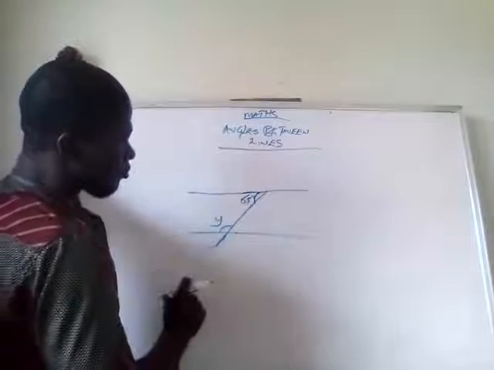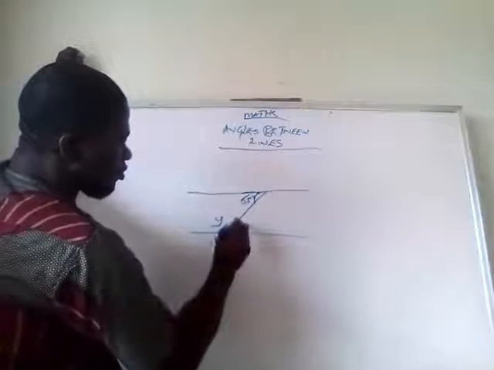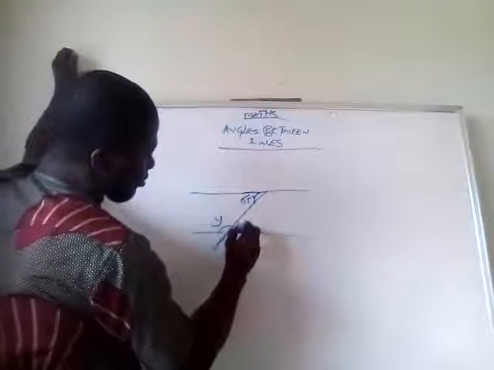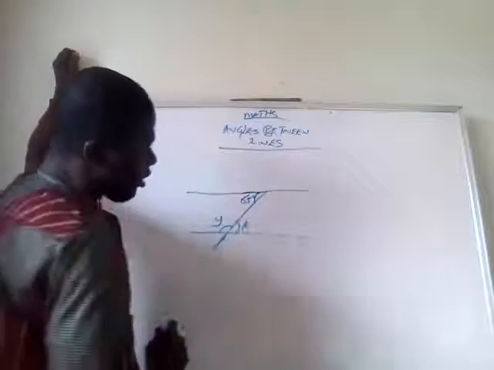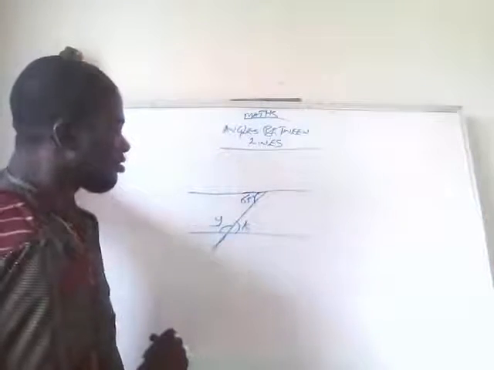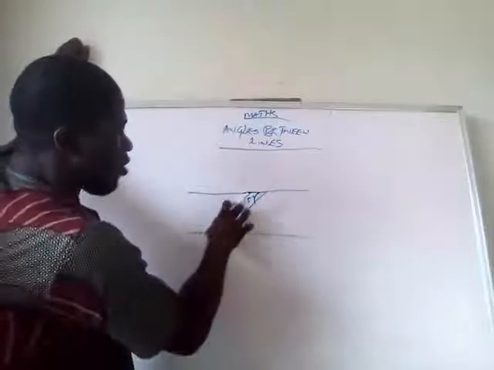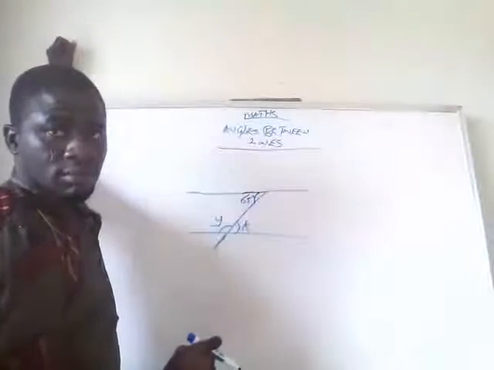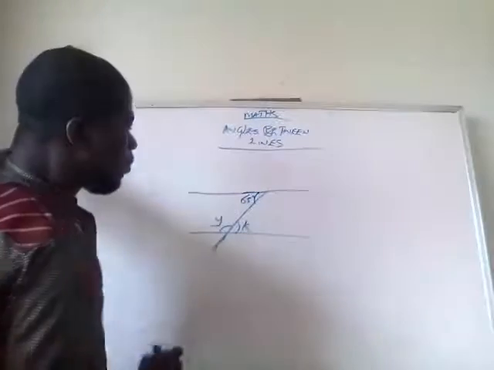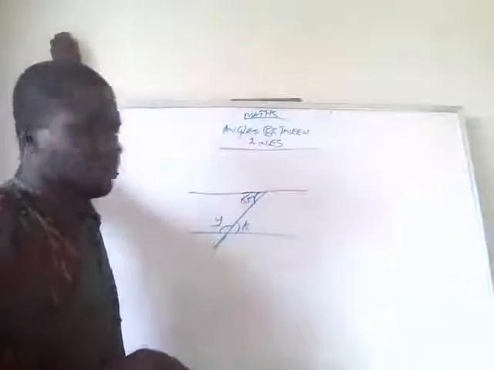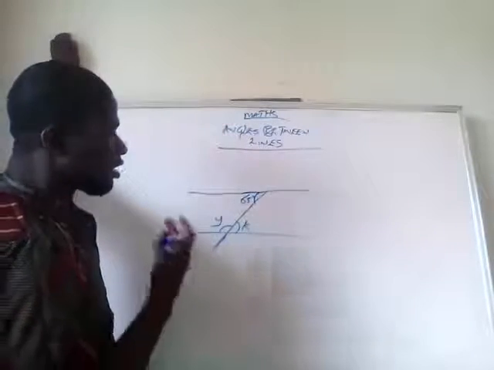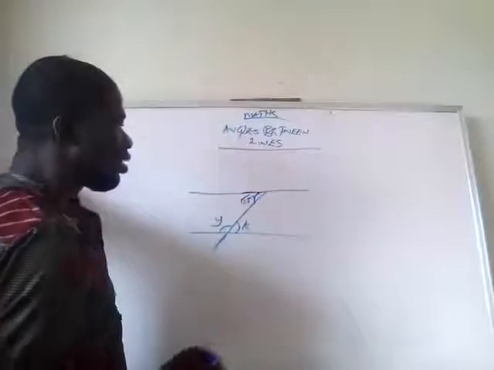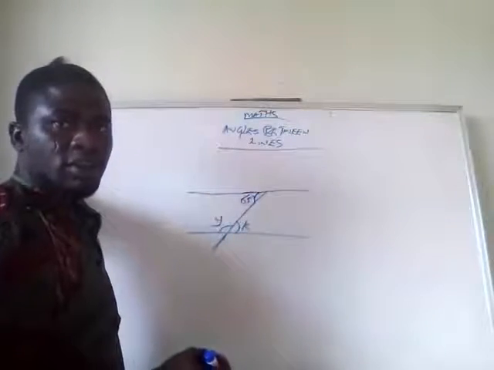So what is y and k? The question says find the value of y and k. So from what we did, from the first and the second thing we have just proved about alternate angles and corresponding angles,